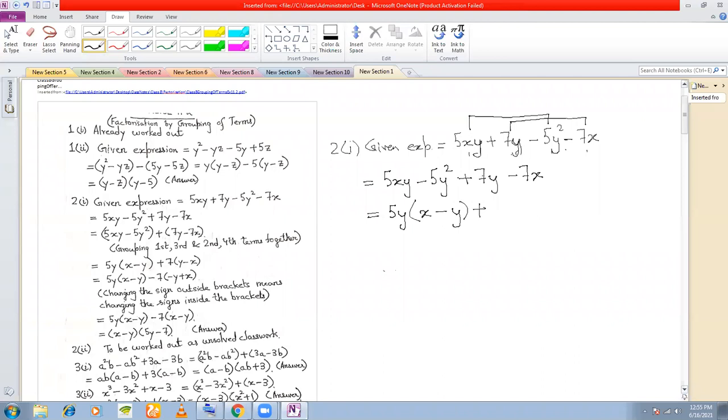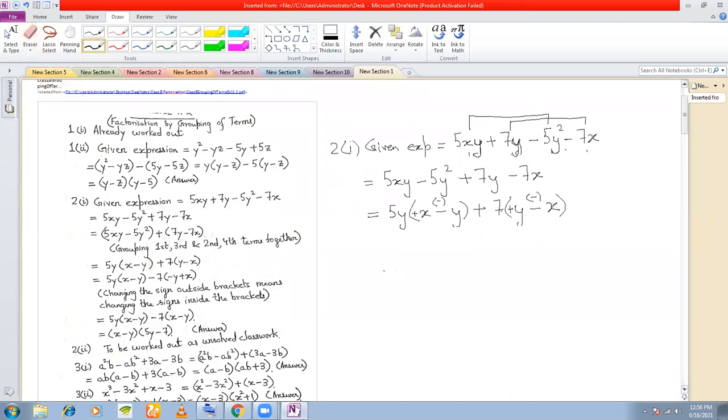Plus. Now here, from the second and the fourth, you see that 7 is the HCF of the two. So we take out 7. And from 7y, if you're taking out 7, you're only left with a y. And from 7x, you're taking out 7, you're only left with an x. Now see, are these two the same? These two are still not the same, but one advantage is there, that you see y here has a negative sign and y here has a positive sign. x here has a positive sign, x here has a negative sign, which means that it is essentially the same, they only differ in the sign.